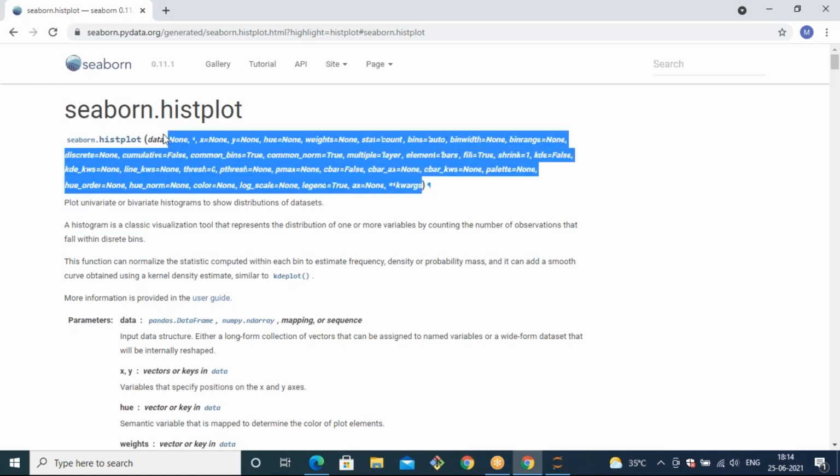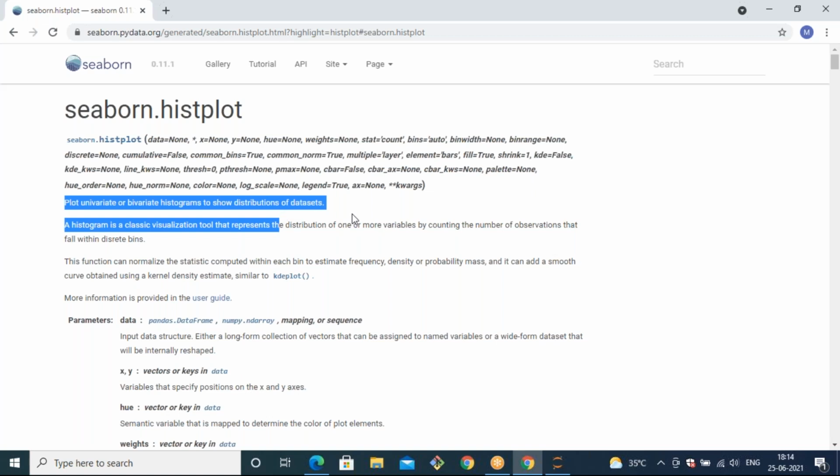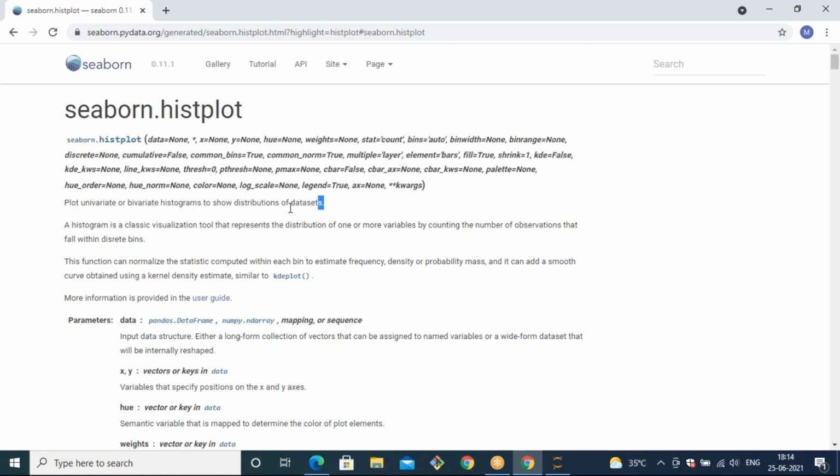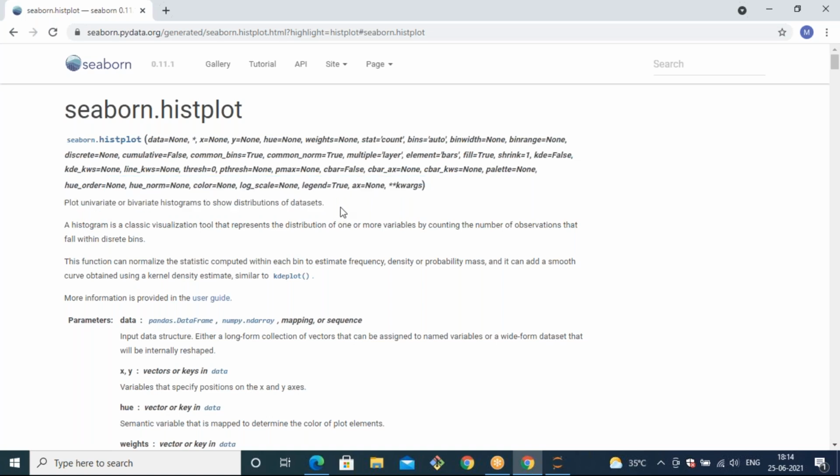These are all the supported arguments, the parameters that we have, and finally it plots a univariate or bivariate histogram to show distributions of a data set. By using a histogram, you can plot in one direction and also in two directions. You can observe how the data is distributed in one direction and also two directions.